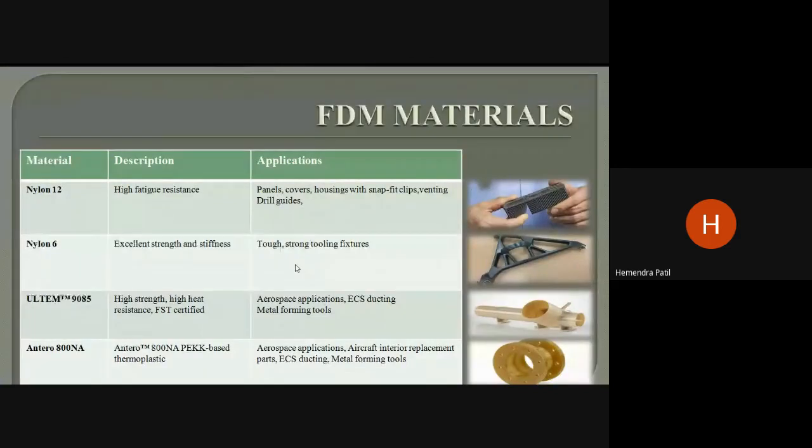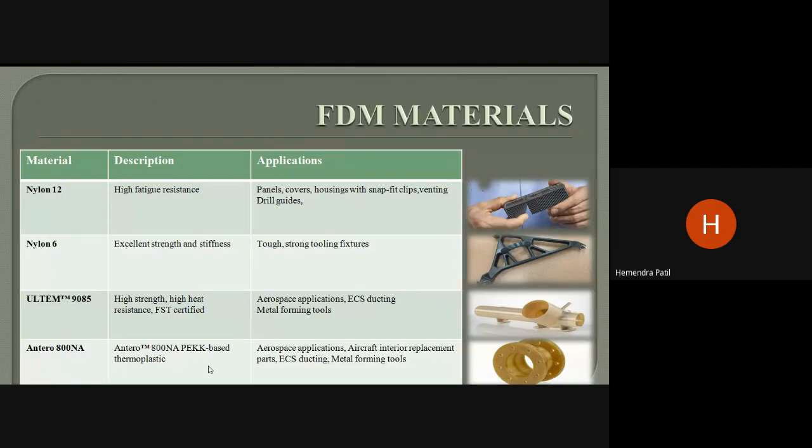And Ultem 9085. Ultem 9085 has very high strength and high heat resistance capacity, with FST certification. FST certification is given to materials which can be used to make aerospace parts, meaning we can use this material for making aerospace application parts. So the application parts for Ultem 9085 are aerospace applications, ECS ducting, metal forming tools, and